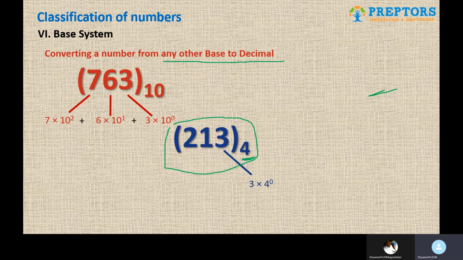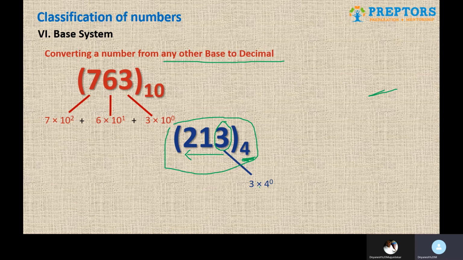The process that you are supposed to remember is you are always going to go from right to left, starting with the unit place digit. Unit place में जो भी digit होगा वहां से start करना है. In this case it is 3 as the digit, and जो भी base होगा, in this case 4 as the base, उसके power से multiply करना है always. So you have to go from right to left starting with the units place wala digit, and whichever is the base you have to multiply with those powers.